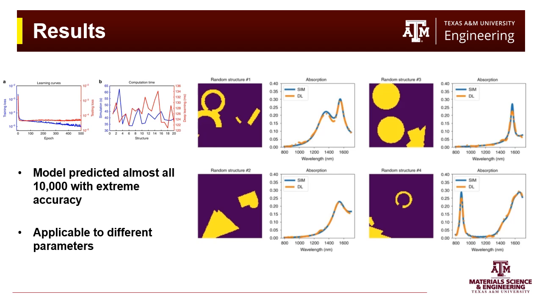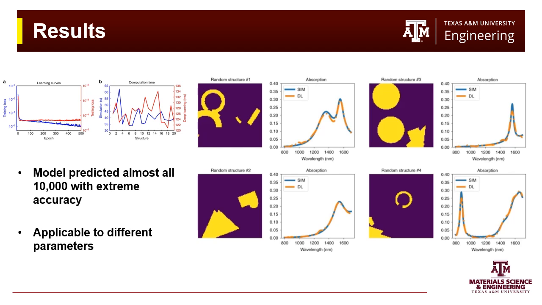And as you see in the top left corner, the training loss was really impressive, getting down to the 10 to the negative fifth. That's pretty darn impressive at the 500th epoch. Though, as you can see, it does do a pretty good job even up to the 100th epoch. And likewise, if you see the computational time, you'll notice that ultimately the machine learning model took an order of magnitude less time between each of the structures. And I think that says something for the utility of this feature, being able to run through all these different structures in seconds